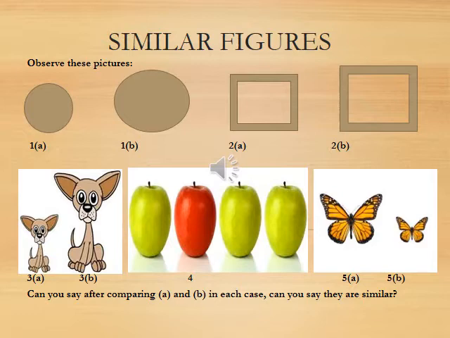We know very well that people will say, after observing a son, oh, your face is very similar to your father or mother. So we recognize some sort of similarity. But what are the conditions to say that two objects are similar? That's what we are going to discuss in this chapter.